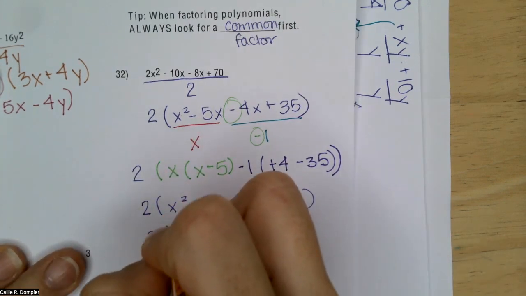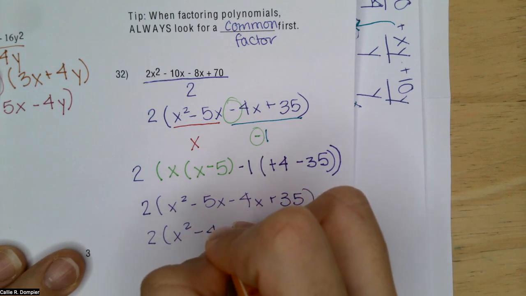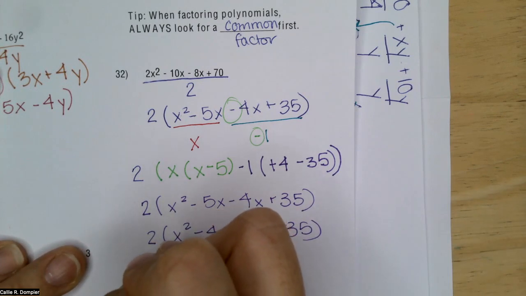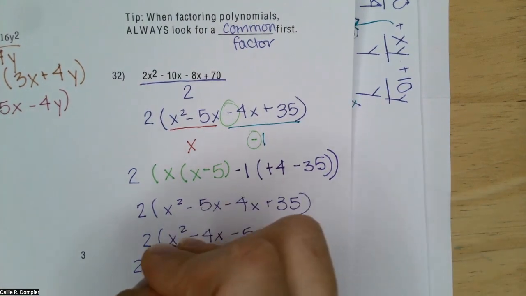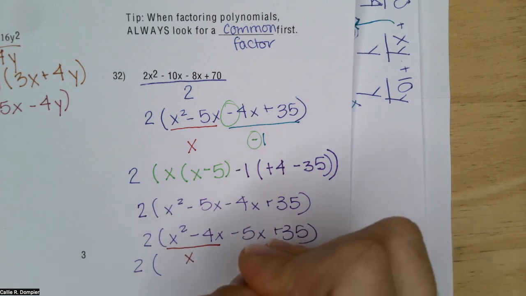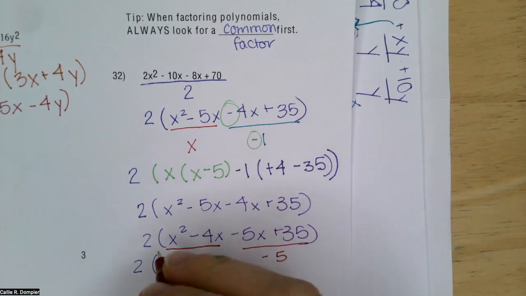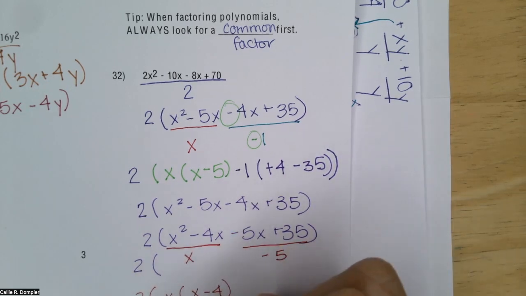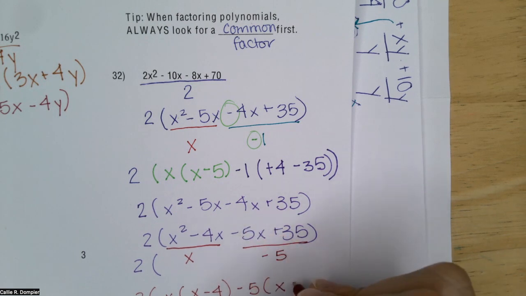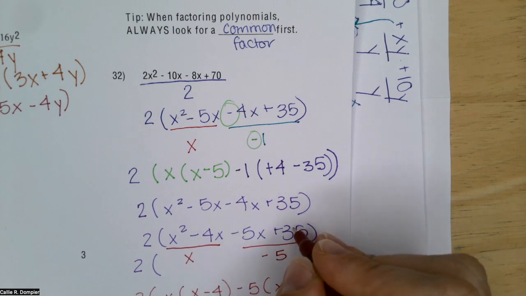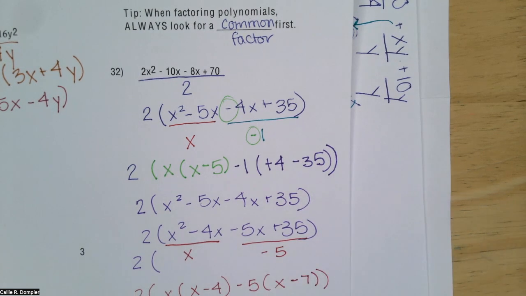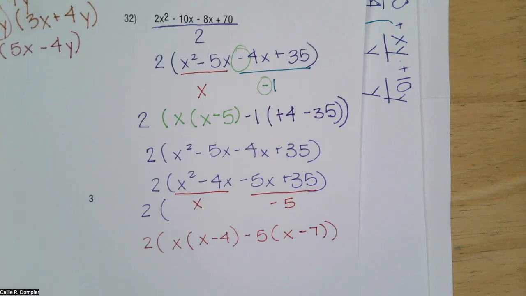So if we did 2 times x squared minus 4x minus 5x plus 35, then that becomes 2 times x minus 4 minus 5, x minus 7. Still doesn't work. So we just leave it as,